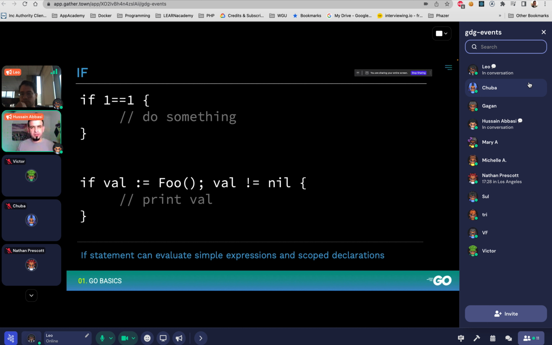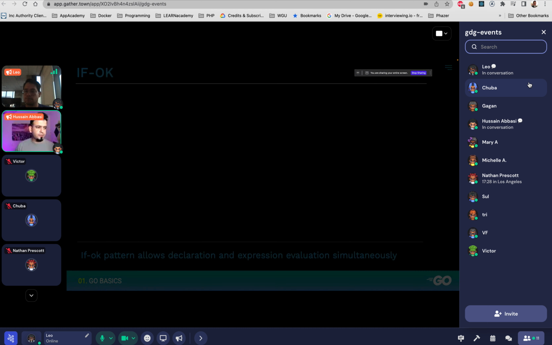And if it is not null, then do something with it. Whenever I do this though, it is scoped to my if-else block. So in this case, that val variable is not available to me outside of that if. If I do if-else, it'll be available to me throughout that if-else block, but once I'm done with it, that variable is not available to me.